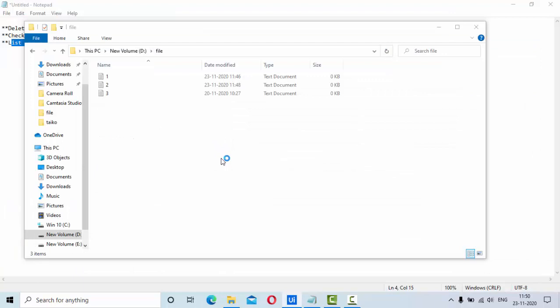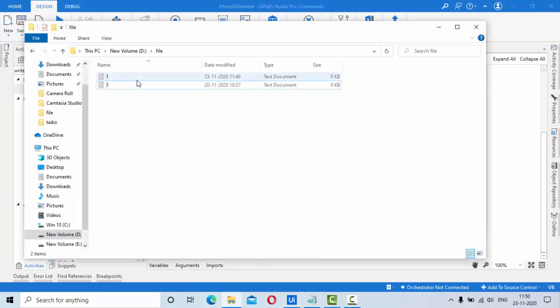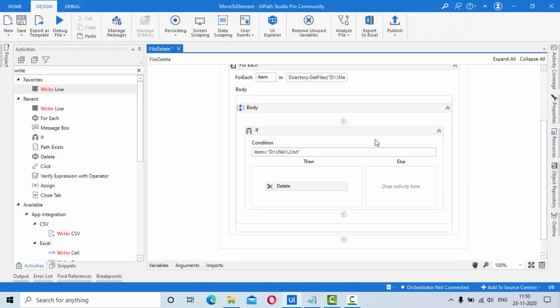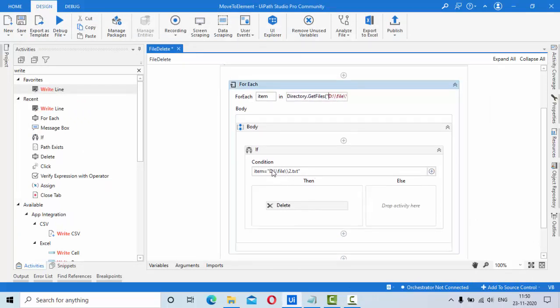Let me try to execute this. 2.txt should be deleted, right? So from here, as you can see, it has listed all the files. From that list, it compared whether I have this 2.txt file or not. If I have it, then I have deleted it.